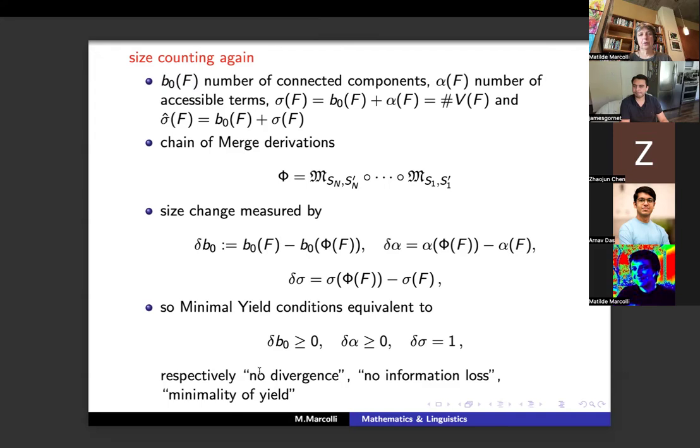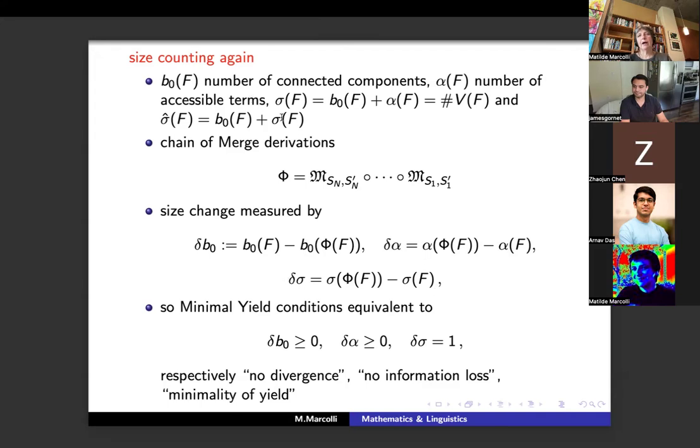So you assume that the number of connected components is not increasing, and sorry, I have a typo here. So you want the number of connected components to be non-increasing. You want the number of accessible terms to be non-decreasing, which is the no information loss condition: no syntactic information should be lost along derivations. So the number of accessible terms should be non-decreasing, the number of connected components should be non-increasing, and